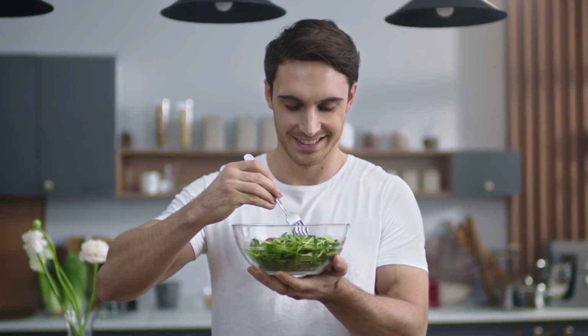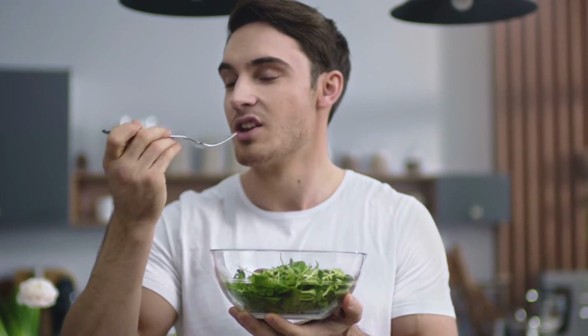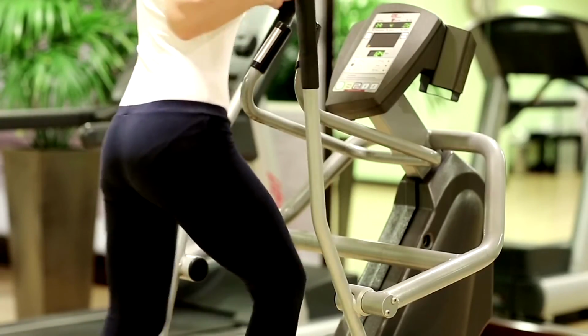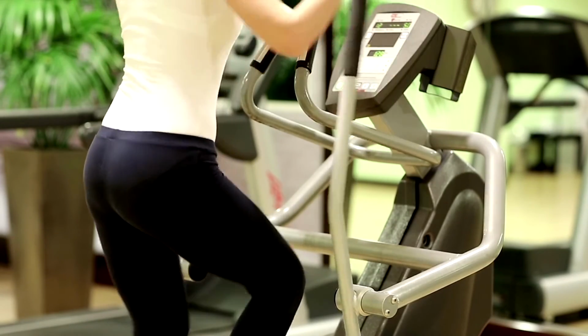Dietary modifications, such as embracing a balanced diet rich in whole foods and lean proteins, can help control appetite and improve metabolism. Regular physical activity, including both cardio and strength training, is essential for burning calories, building muscle mass, and